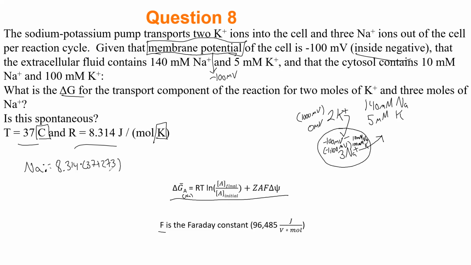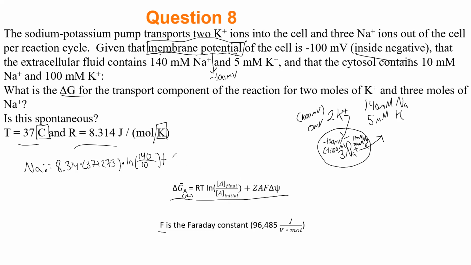So R times T times the natural log of A final. That means the concentration where you're going. For sodium, we are being pumped outside the cell, so our final concentration is 140. Our initial concentration, we were being pumped initially from inside the cell, so our initial concentration is 10. So this is the natural log of 140 divided by 10